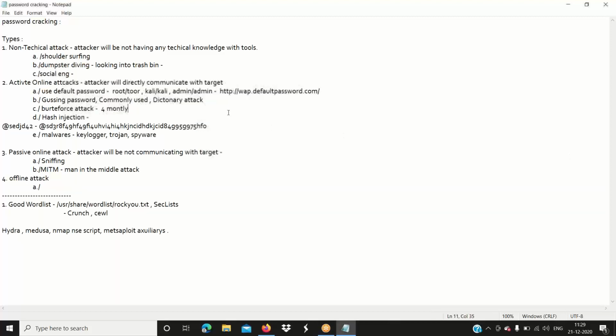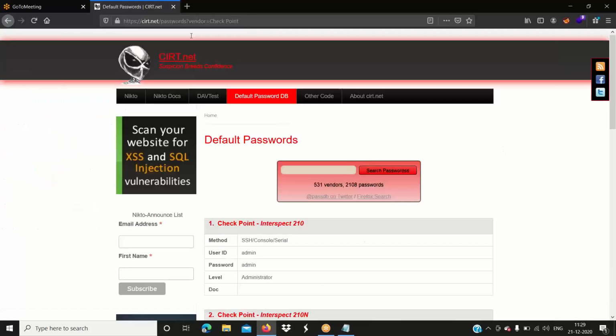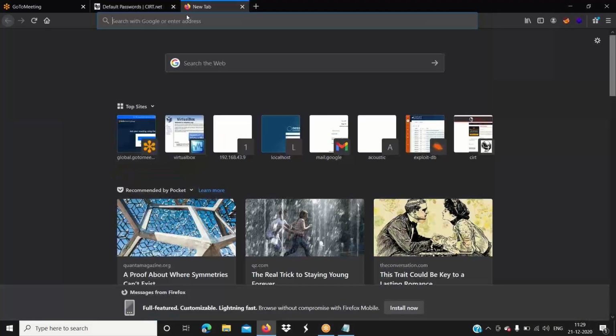First of all, when I want to break in, the attacker will go with the default passwords. He'll check whether they have changed the password or not, because most people will not change the passwords.